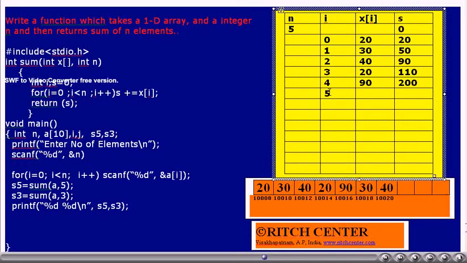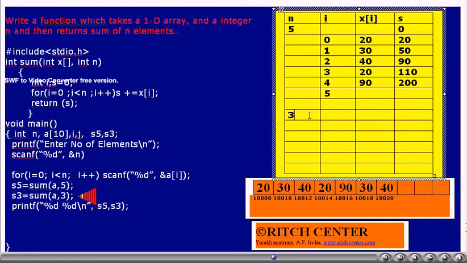Thus this function has taken an integer array and number of elements in it and then calculated the sum of the array elements and returned the same. Even this function call sum a comma 3 also works in the same fashion.